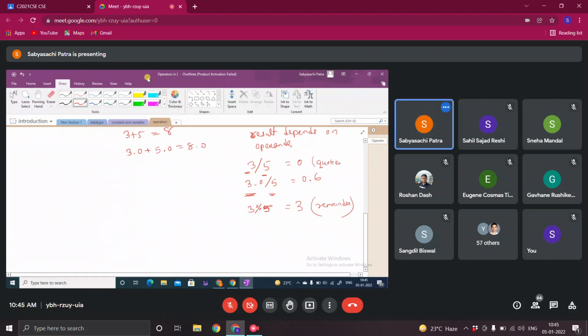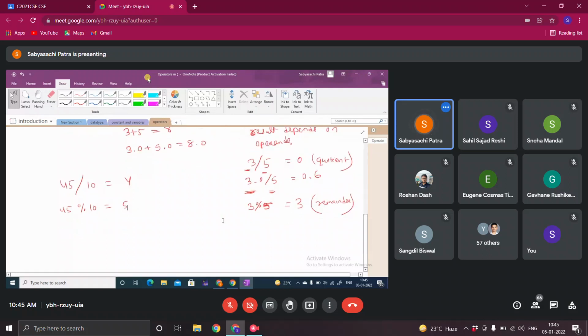So modulo division gives the remainder and division gives the quotient. For example, 45 by 10, the result is 4. And 45 modulo division 10, the result is 5.